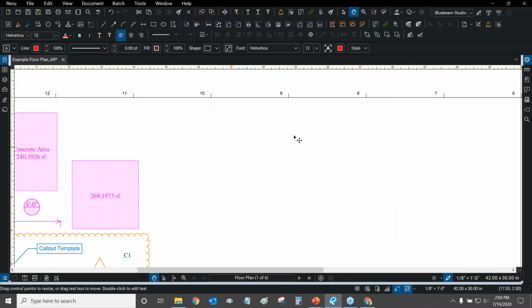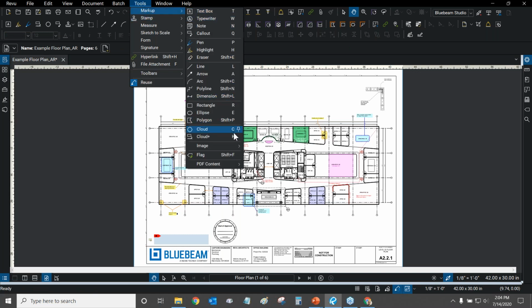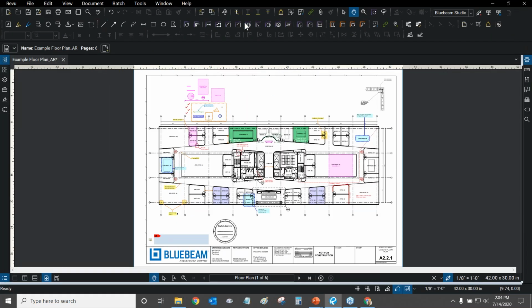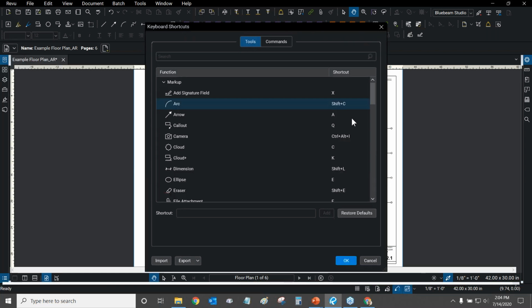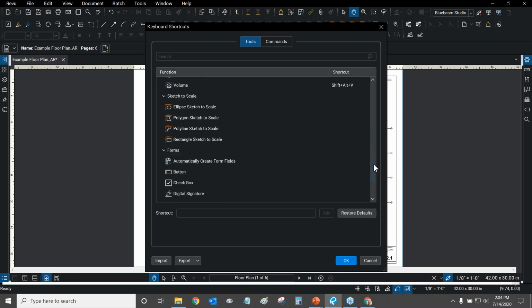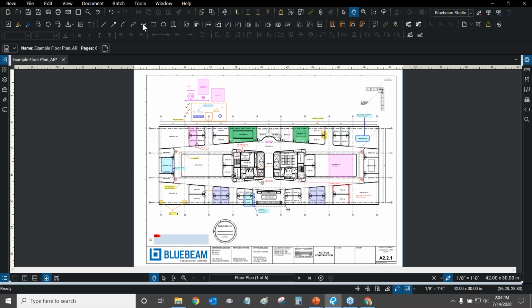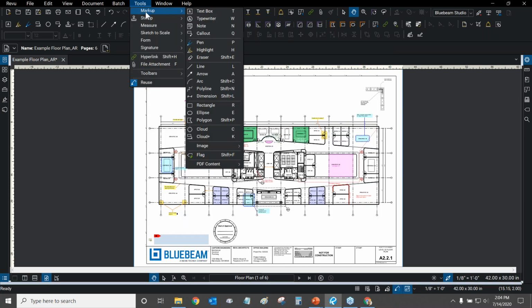So if you want to learn what keybinds are assigned to what, there's a couple different ways. You can go back to the tools dropdown and markup, and you can memorize all of these keybinds and start to use them on a day-to-day basis. Or like I showed you guys in the last webinar last week, we can go to our review dropdown and keyboard shortcuts, and we can not only look at all the keybinds here, we can start to change them. So if we don't like the way certain keybinds are, then we can change them to keys that are more comfortable for us. So that's quite fun. Anyway, we're going to be looking at markups first.